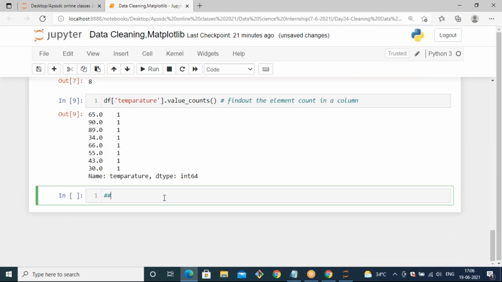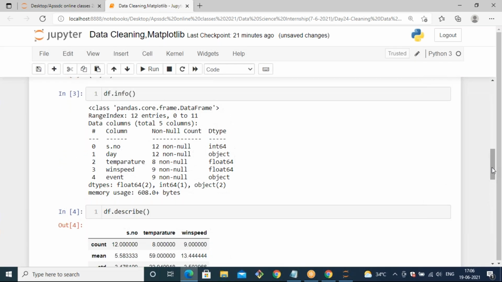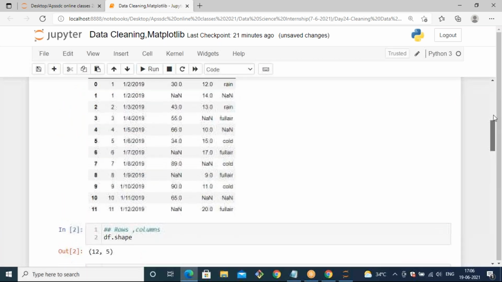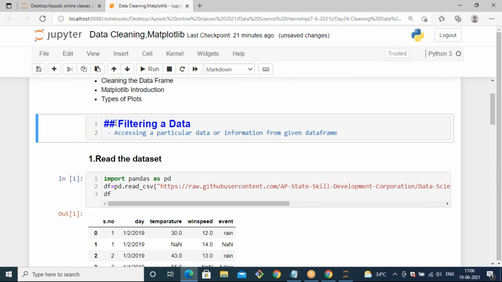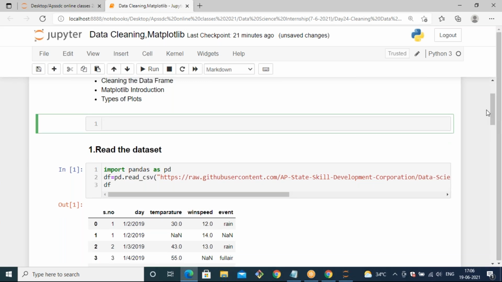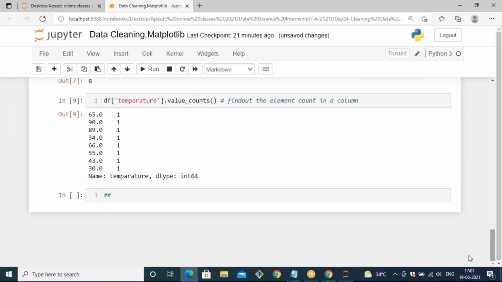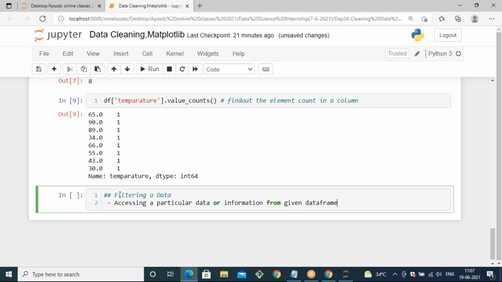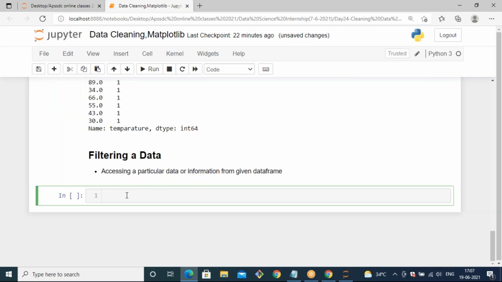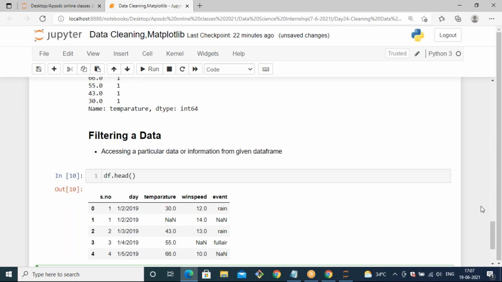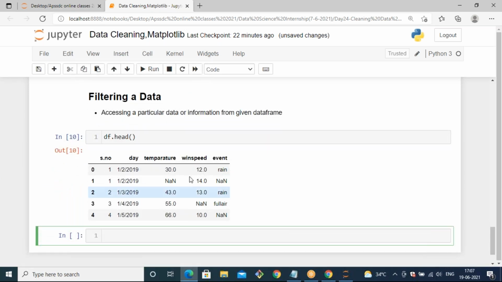Okay, now let's see how to perform filtering. We convert this cell into Markdown. We already have a df, so if I give df dot head, it will show it. Now I want to filter the data of temperature which is greater than 55.